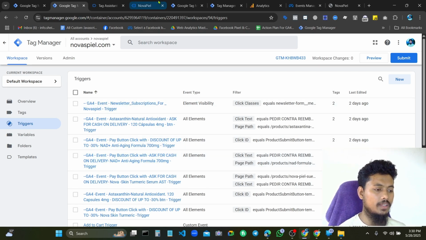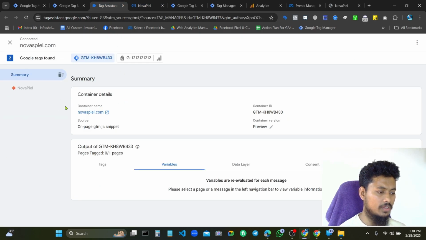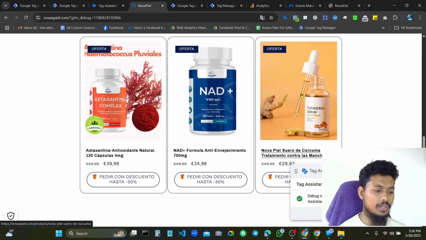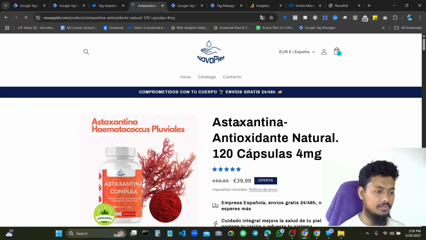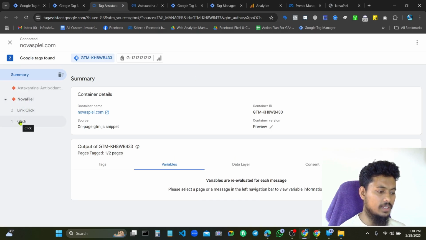So if we go to the variable section, debug new section, you can see we need to click a product. Suppose this is the product. I have already clicked the product. You can see just link is fired and click is fired.